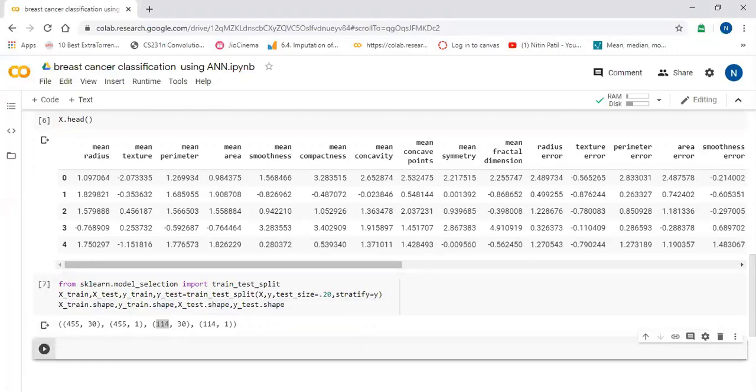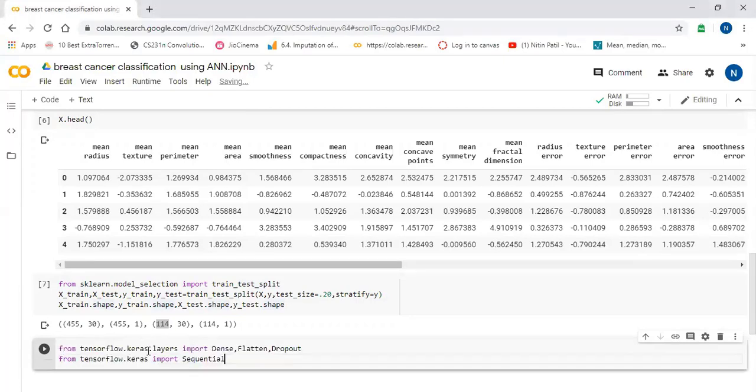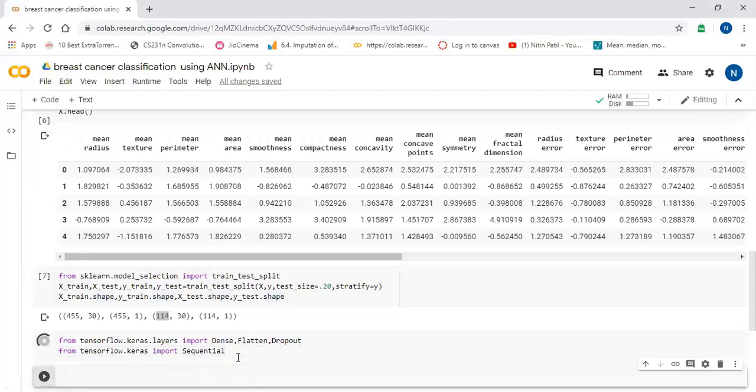Now I'm going to import libraries for the model creation. I have imported from Keras layers Dense, Flatten and Dropout layers, and I have imported Sequential.